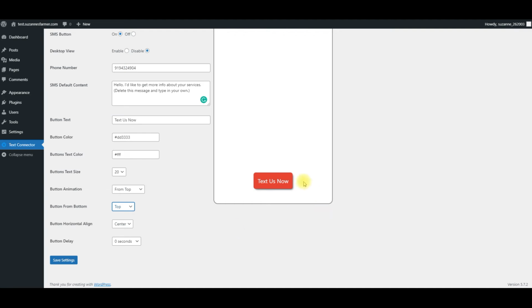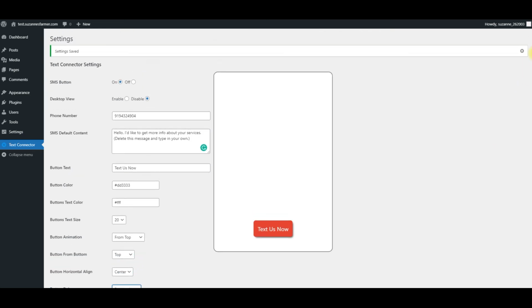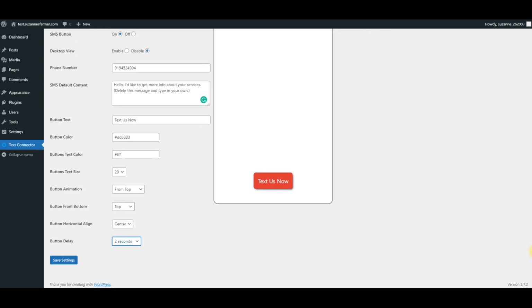And then I do want to have it here in the center. And you can set the button delay. So I'll say 2 seconds, just on the assumption that they're actually going to be reading or looking at something. Actually, let's set it for a little bit more. Okay, and then you just save the settings.